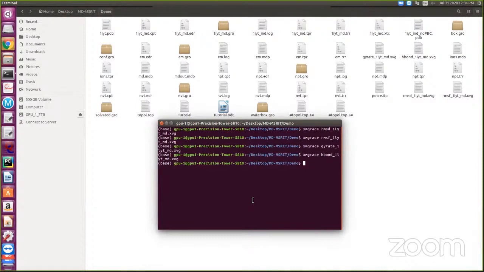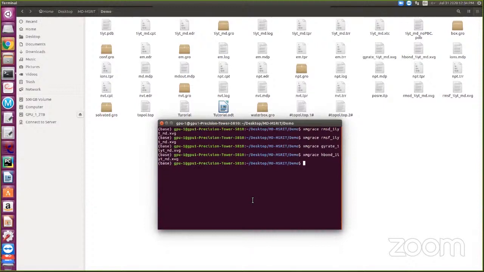They are asking, many people ask, what is the minimum CPU or GPU configuration required to run a molecular dynamics simulation? First thing is, it depends upon your protein size. For example, this protein is just 42 amino acids. If your protein is more than 1,000 amino acids, it will become very big and you require a higher configuration.